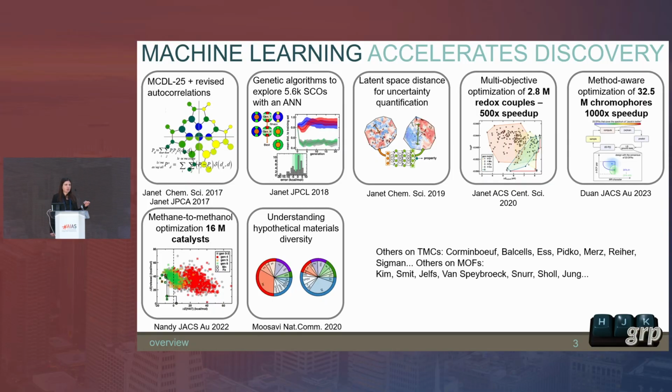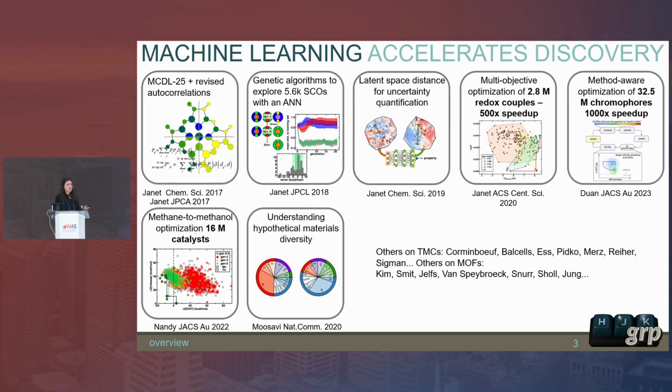There are many other chemists in this area who've worked in artificial intelligence accelerated transition metal chemistry. But actually, the reason I'm showing all of this on one slide is that I'm not going to talk about any of this today. This is the kind of talk I might have given a few years ago, which is basically to say in a nutshell that artificial intelligence can really accelerate our search of space and search of materials.